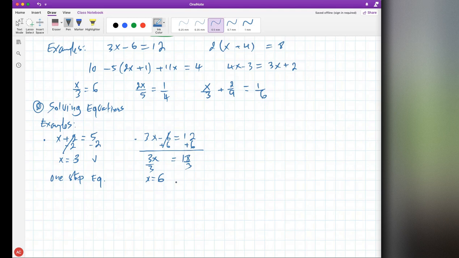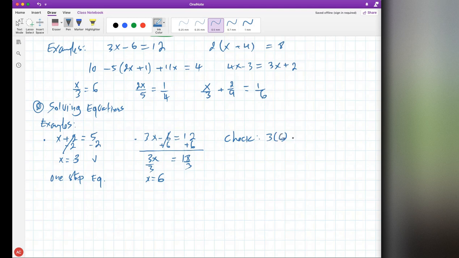It's pretty simple. You can always check the solution. To check the solution, all you have to do is plug the x into the equation. So you take the very first equation and you plug the 6 into it, the possible solution, because this could be wrong. So we're going to plug the 6 here. So it's going to be 3 times, instead of x, we're going to put the 6, which is here,